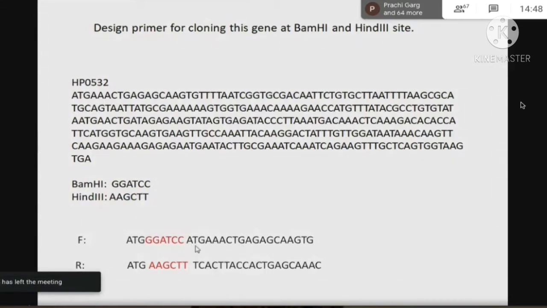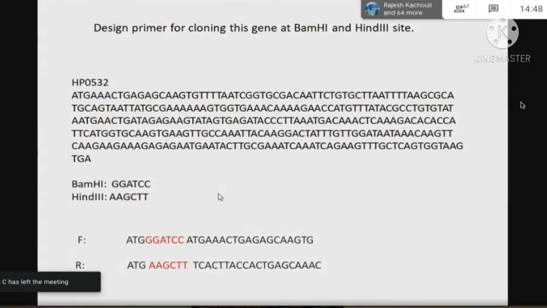This is complementary to the gene. ATG AAA CTG. You can see ATG AAA CTG AGA. This is the complementary sequence to your gene. This is your primer. एक स्टेप पहले ही पढ़ ले तो इसलिए नहीं समझ में आ रहा. This is the gene sequence primer which will bind with your gene sequence. Yes. And this is the reverse primer.